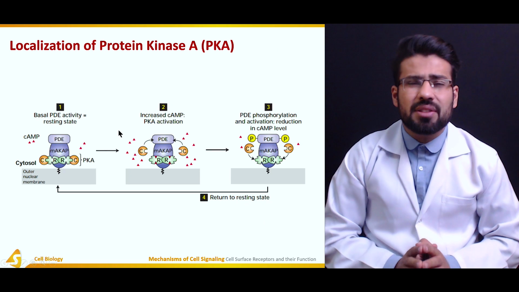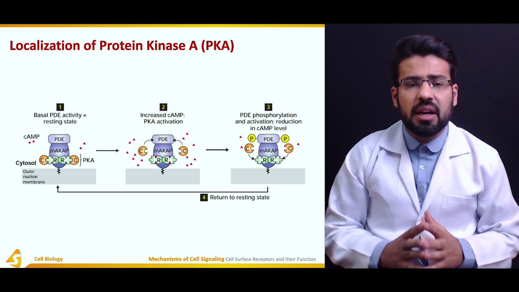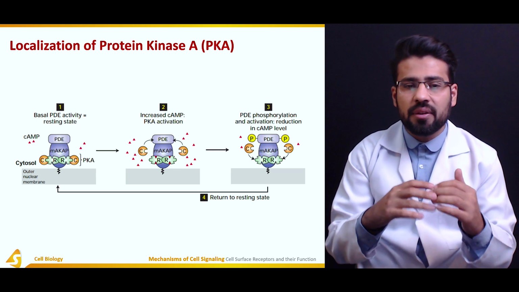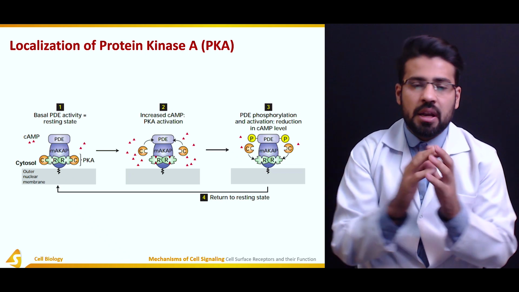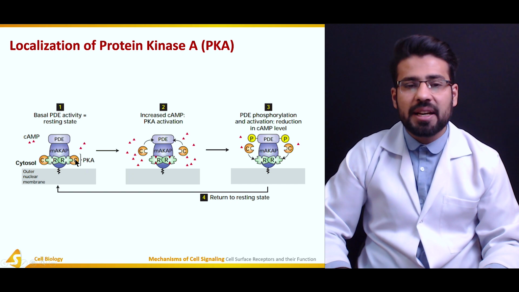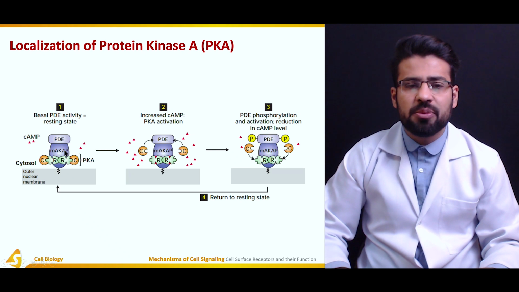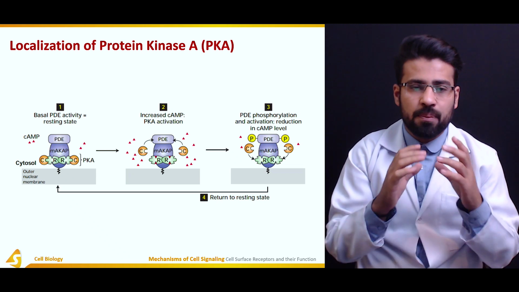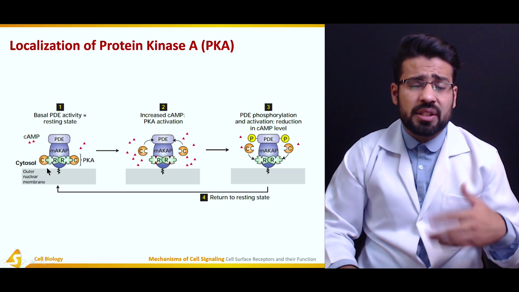So talking about the localization of the protein kinase A, we are talking about this particular localization in heart. What happens is we have phosphodiesterase, PDE. The basal activity of the phosphodiesterase basically keeps cyclic AMP in check. In this particular case, the protein kinase A, PKA, is bound with AKAP. This particular complex is ligated with the phosphodiesterase. So this bound phosphodiesterase basically results in the